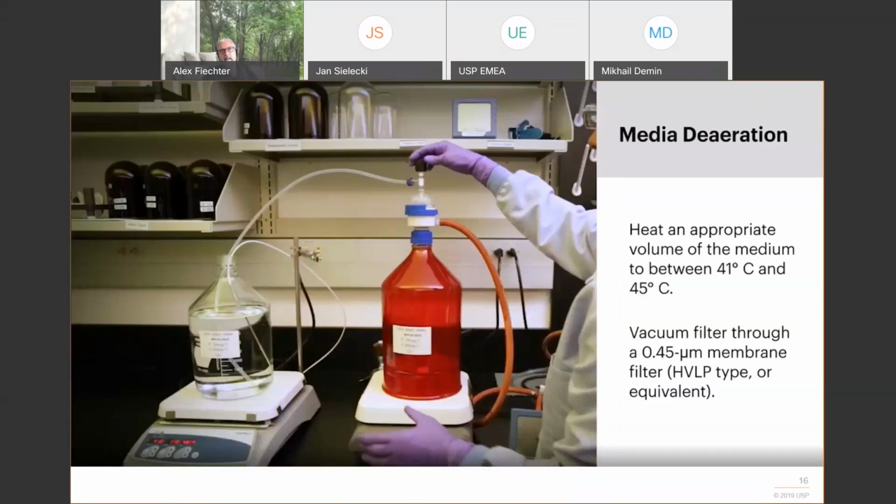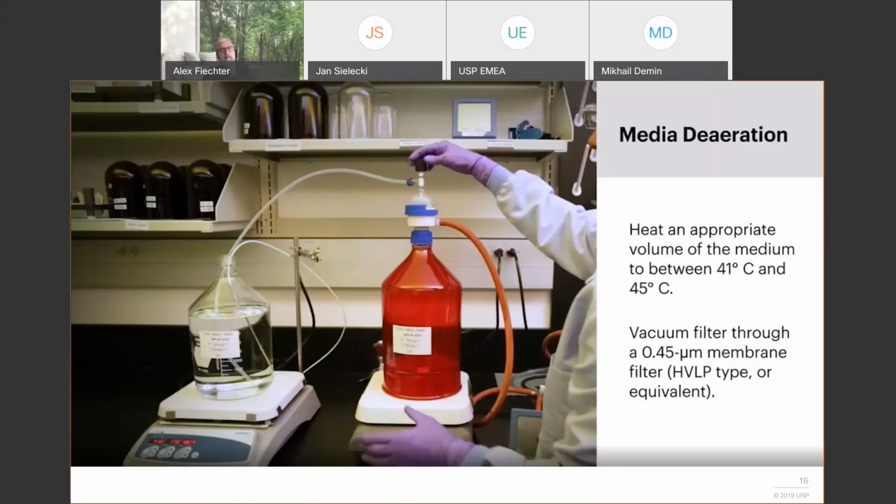The gassing of the media, as I said, is essential. You would heat up the medium while gently stirring here at the left-hand side up to 41 to 45 degrees centigrade. Why at that temperature? Because after you apply the medium with vacuum, when you pull it over into that red flask through a filter mechanism, and at 100 millibar vacuum, the temperature around 41 is simulating 100 degrees, which is usually the boiling point of water.